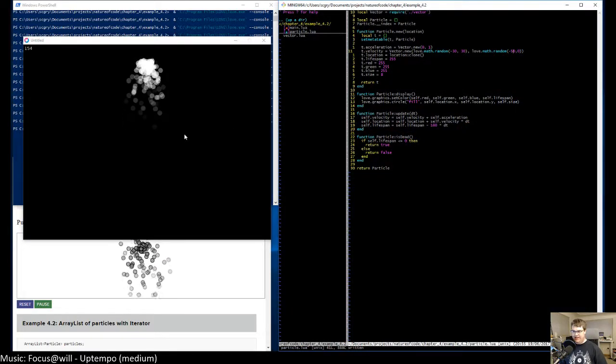And then if I wanted to sort of make it like fire, that would be different tones of red, I think. So I can set the greens and blues to 0.